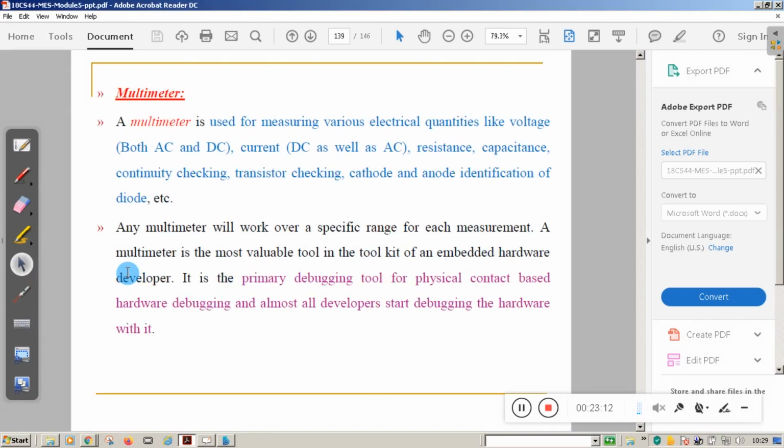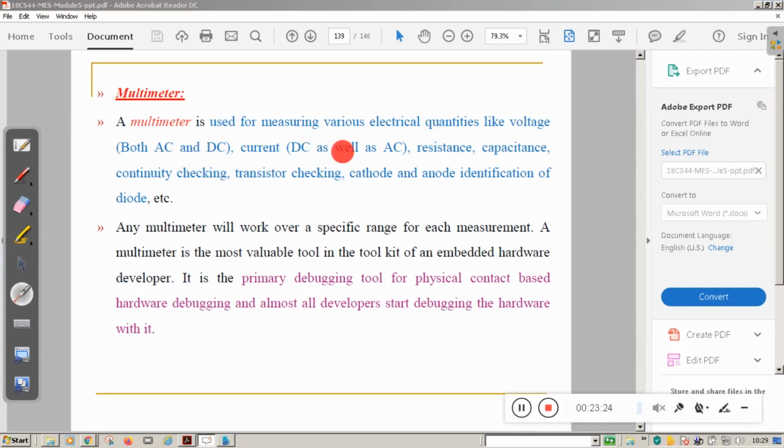Next one is the multimeter. We have seen the multimeter. So what is the use of a multimeter? A multimeter is used for measuring various electrical quantities like voltage, both AC and DC, and current, DC as well as AC. And multimeters are used to measure resistance, capacitance, connectivity, transistor checking, cathode and anode identification of the diode, etc. A multimeter will work over a particular range.